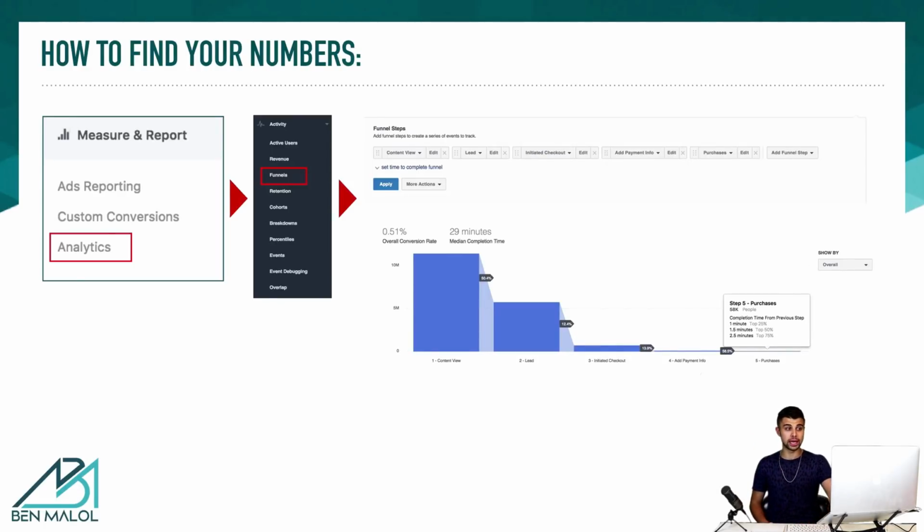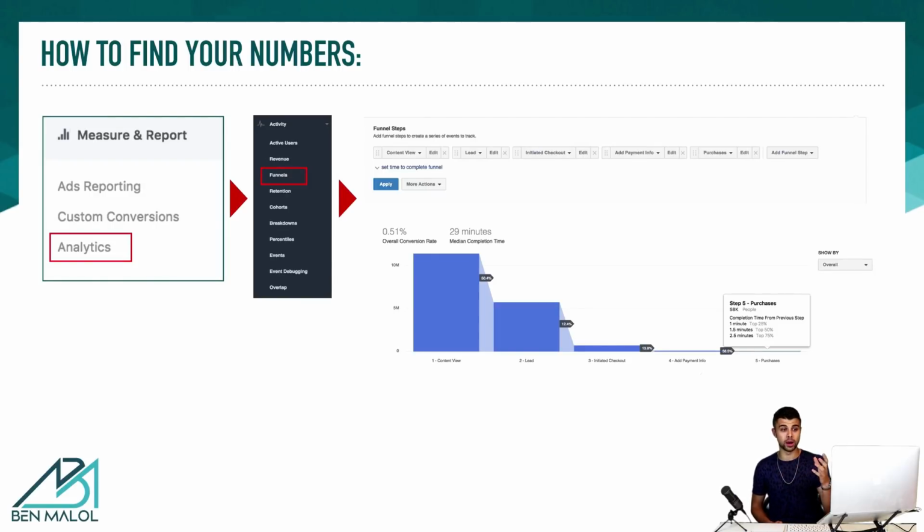You pick your pixel, and then at the right where it says activity, you'll go to funnels, and then you'll need to create your funnel. So that just means to create the event after event after event, okay? So you just type in view content, and then depending on your funnel. If you're doing Shopify, it's going to be view content, add to cart, initiate checkout, add payment info, and purchases. And if you're using a different software to have your pixel installed, you might not have add payment info. It really depends on the type of business that you're running and how your pixel is installed. But if you're using the Shopify integration, then it'll be view content, add to cart, initiate checkout, add payment info,